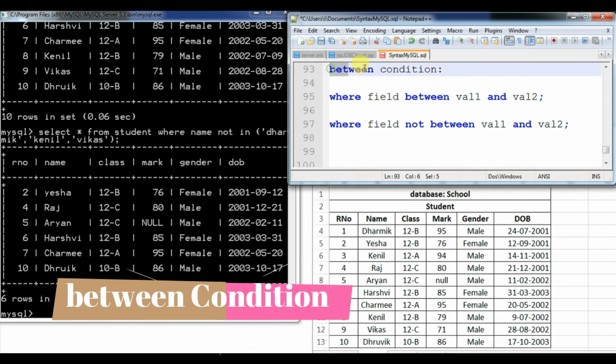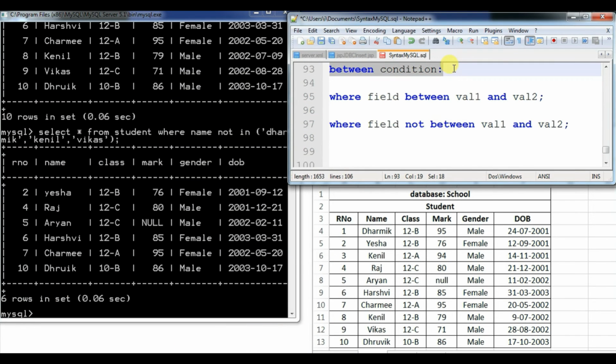Now the next one is the BETWEEN condition. Why is it used? In MySQL, the BETWEEN condition specifies how to retrieve values from an expression within a specific range. It can be used with the SELECT, INSERT, UPDATE and DELETE statements also. Now suppose you want to apply the BETWEEN condition with the SELECT statement, then how can you apply it? After WHERE, you can specify any expression or the particular name of the field, and then after the BETWEEN clause, val 1 AND val 2. What are val 1 and val 2? Suppose you want to retrieve a range; for that range, you have to specify the first value and second value. Now note it down over here that the first value and second value are also going to be included.